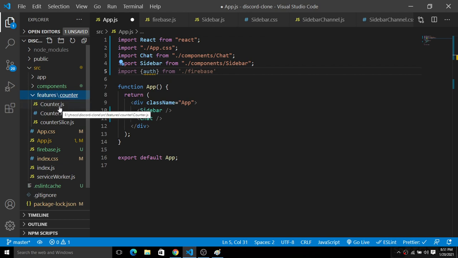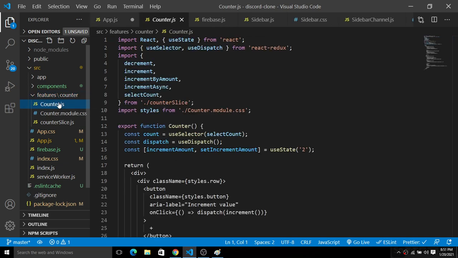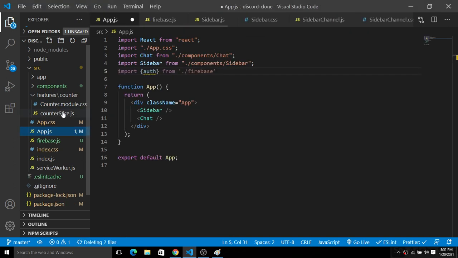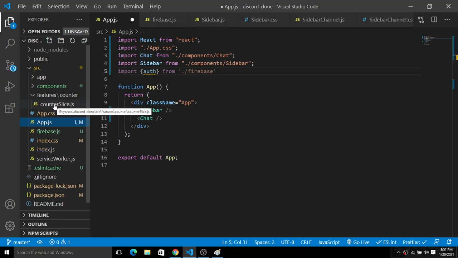I'm going to simply delete these things, counter.js and counter.module.css first of all. Okay, fine. Next, grab this counter slice and put it back inside the features, then delete the counter directory from this.